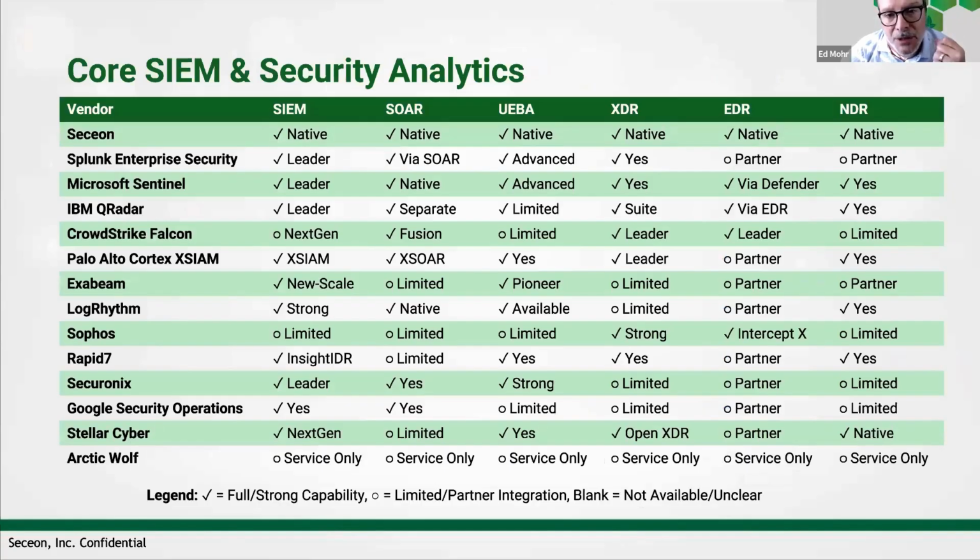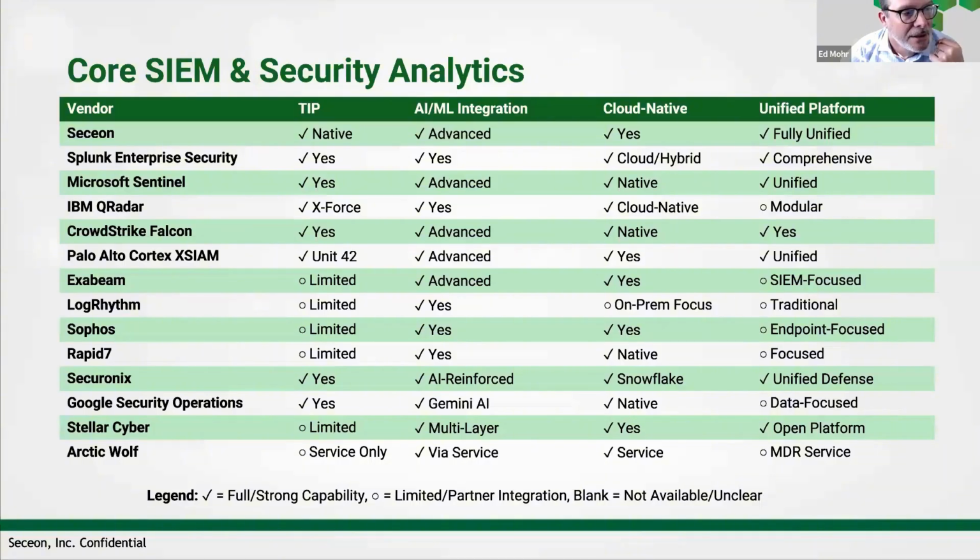I'm not going to read through all of this stuff. The presentation will be available to you within our portal when we're done. And I'd also encourage you to find a way to be able to create these yourselves. I created this using Claude AI, where you can see the different categories across the top and where Seceon aligns with the competitors that I identified in the earlier slide.